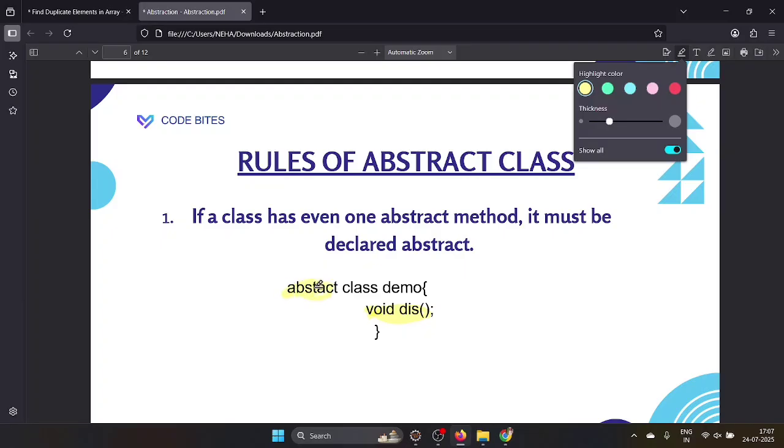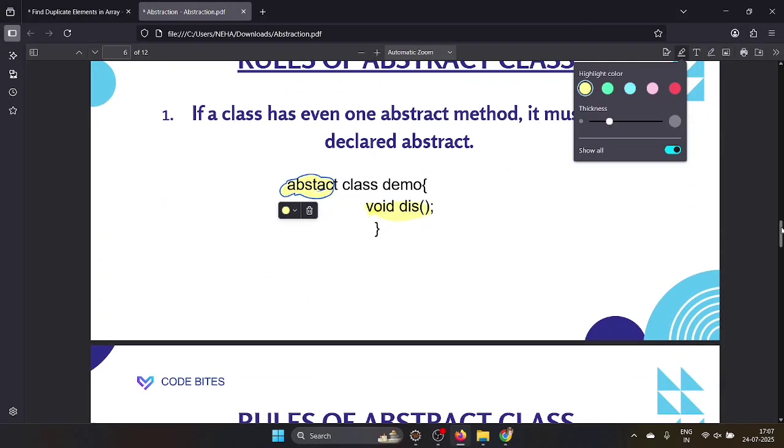You must give this keyword. Here also you can write abstract, but if you have given abstract in front of the class, there is no need to mention it again.